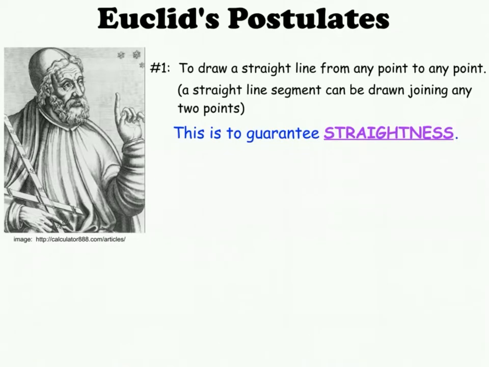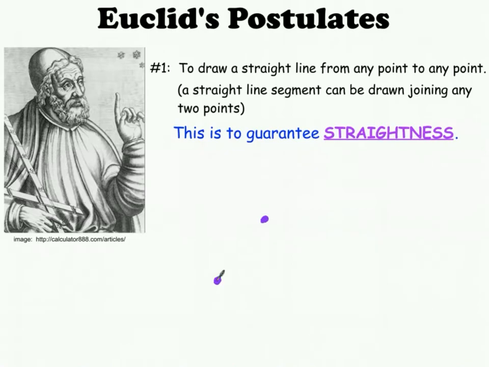The first postulate. It is possible to draw a straight line from any point to another point. The first postulate focuses on the idea of straightness. Given any 2 points, the connection between those points is created by a straight line.